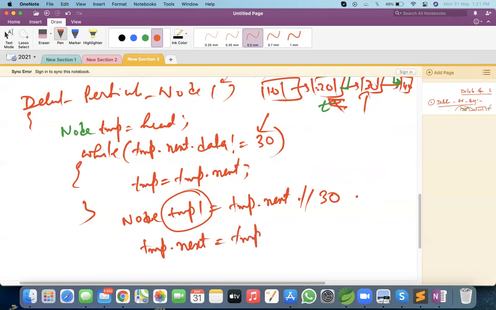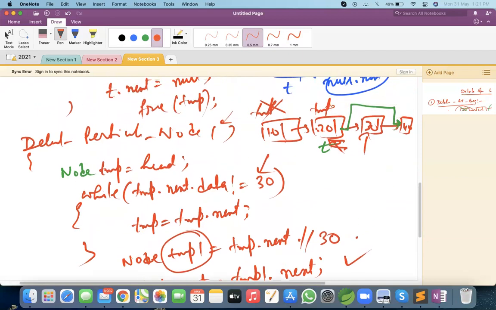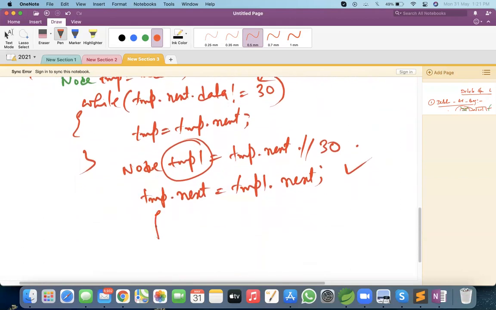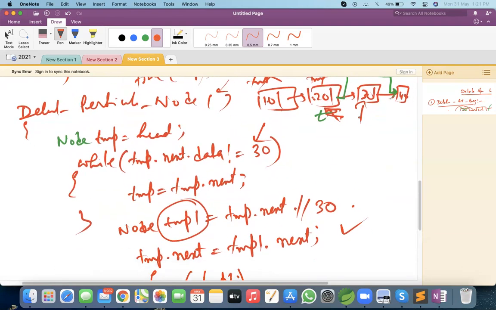So temp1 dot next is 40. The moment you write this line, this green line will be created, meaning 20's next will now point to 40. And after that, you can simply free temp1, and temp1 will get deleted.